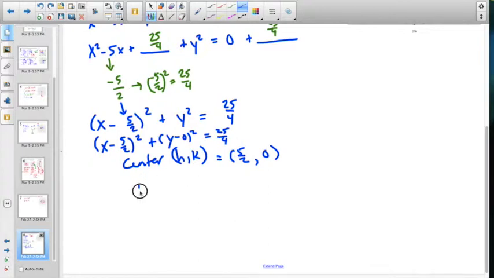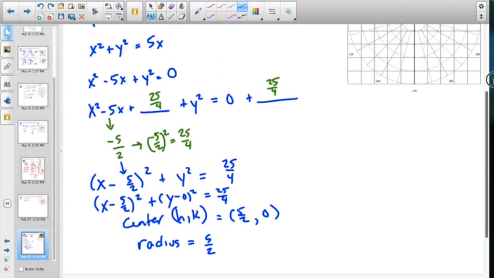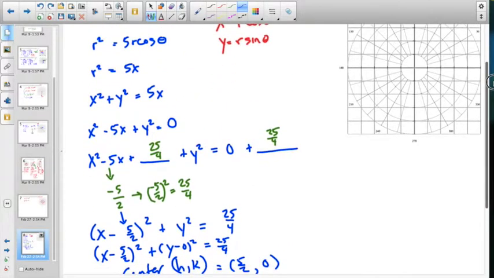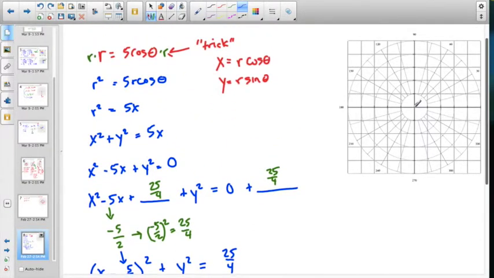There's our center. We have a radius. And our radius is whatever the square root of this is, which is 5 over 2. So 2.5 basically. So we have a center of 5 halves comma 0. So that center, this is Cartesian now, the center is over 2.5, 0. And then we have a radius of 2.5. So we're going to go 2.5 this way. We're going to go 2.5 that way. We're going to go 2.5 this way. We're going to go 2.5